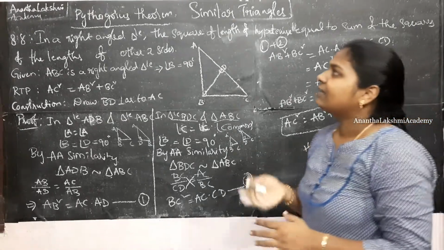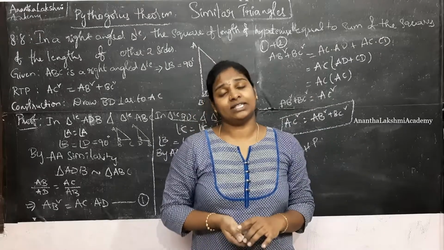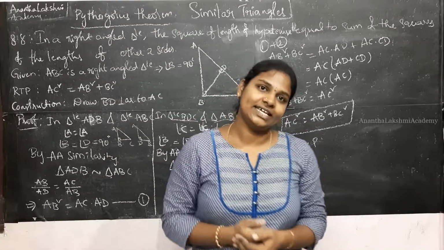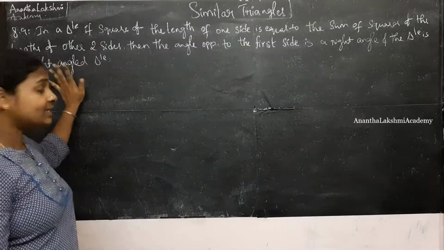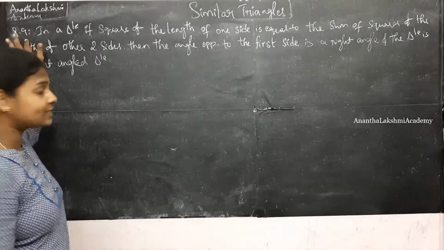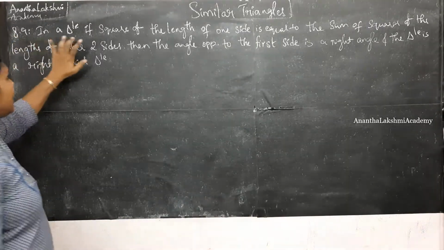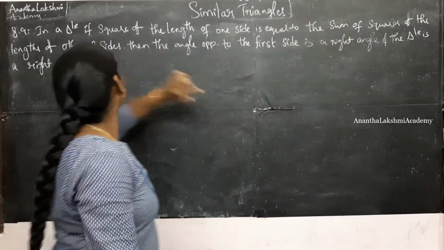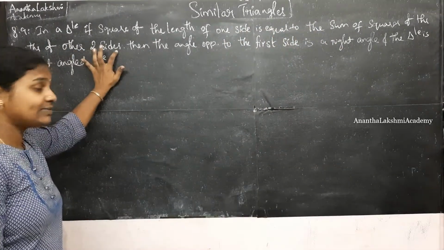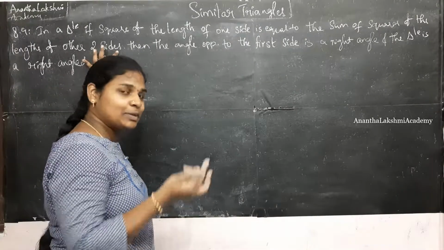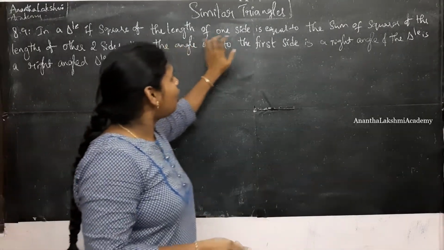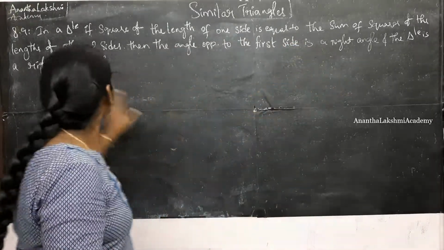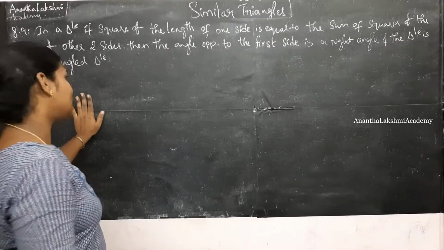Okay, now that we are done with the Pythagoras or Bhaudhayan theorem, let's jump into the next theorem, which is nothing but the converse of Pythagoras theorem. Here we have the converse of the Pythagoras theorem, which is 8.9 theorem in your textbook, which states that in a triangle, if the square of the length of one side is equal to the sum of the squares of the lengths of the other two sides, which is nothing but our AC square is equal to AB square plus BC square, then the angle opposite to the first side, angle opposite to AC, is a right angle and the triangle is a right angle triangle.